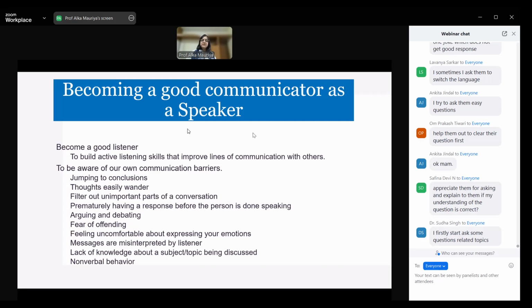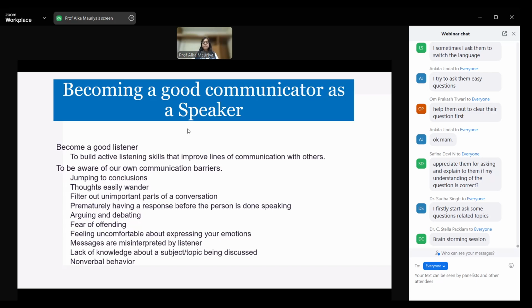At times, there are a few faculty, or a few resource persons I've noticed in some of the conferences, who say, I'll take the question towards the end, right? But there are two things to it. Maybe one of the reasons is that whatever questions you had in mind are covered during the course of discussion itself. And at times it also happens that, even though they say that we will take questions at the end, we are not left with time to respond to the questions. But in our classrooms, we don't have such limitations. So try and